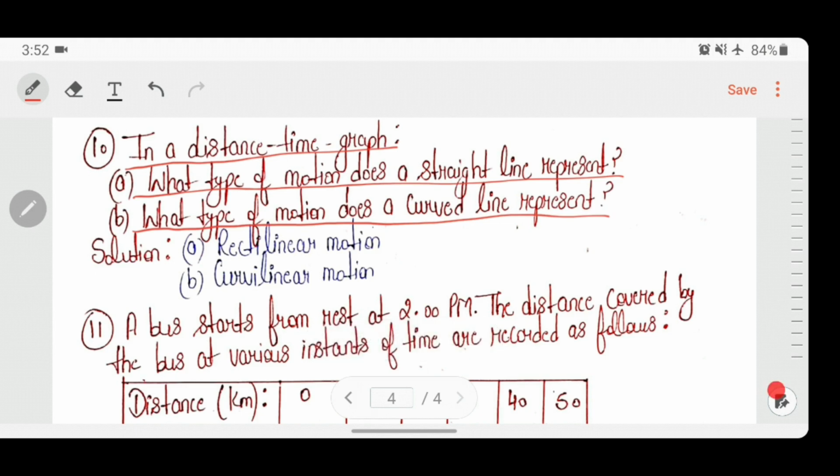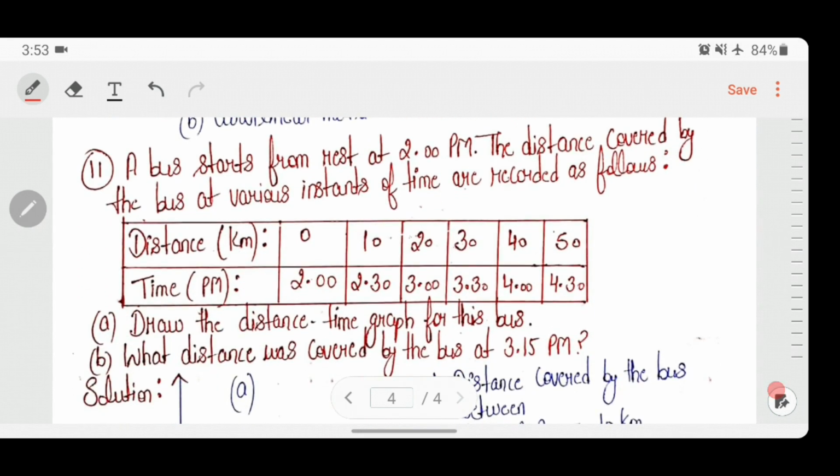So a graph which has a curved line represents curvilinear motion, as the motion refers to the translatory motion of an object on a curved path. For example, a runner running on a curved racing track, a stone being thrown into the air, a cyclist racing on curved tracks, throwing paper aeroplanes or paper darts. So this is how you can easily find out the type of motion shown by a curved line, which is curvilinear motion. Now students, let's move to the next numerical.